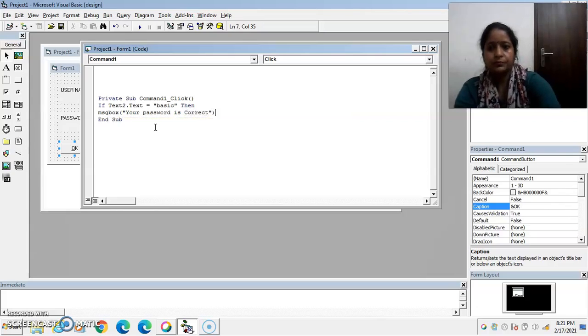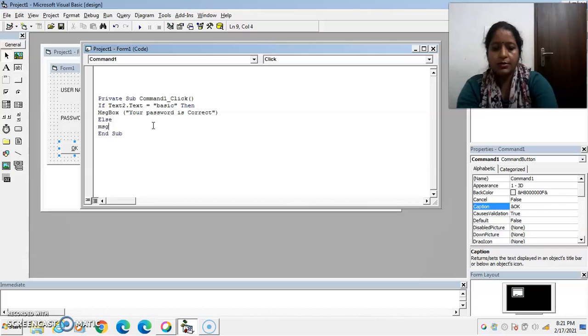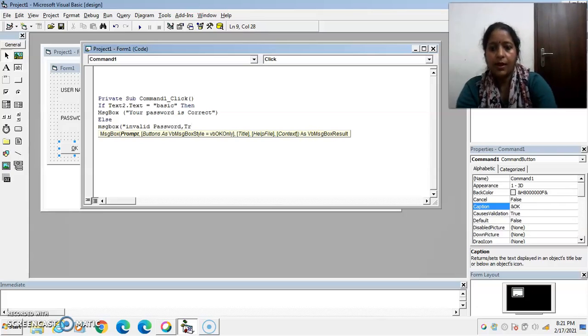Else message box invalid password, try again.